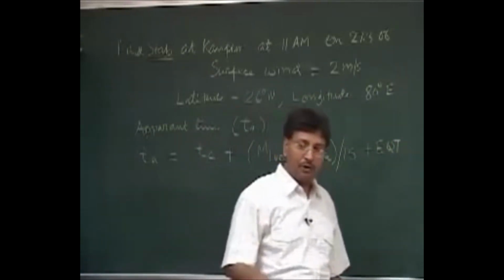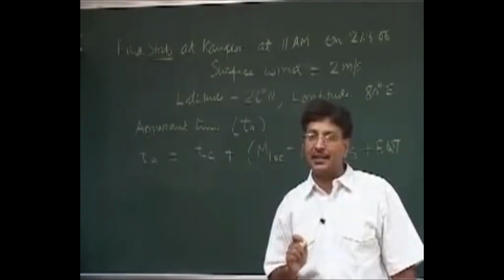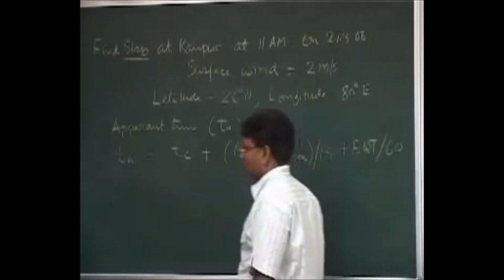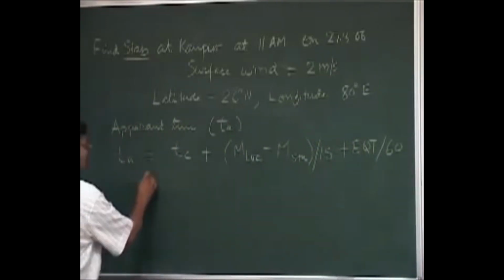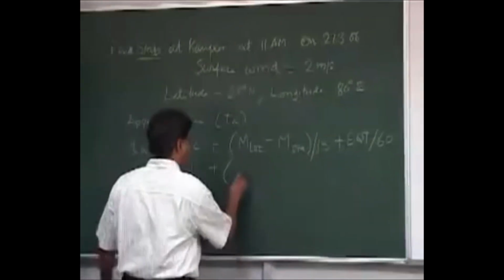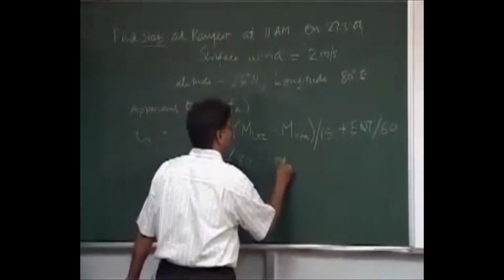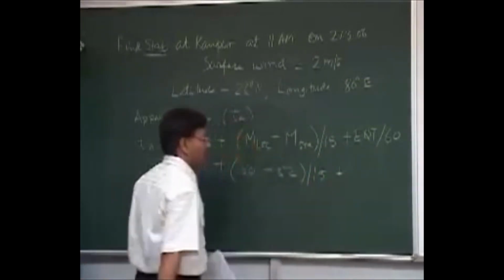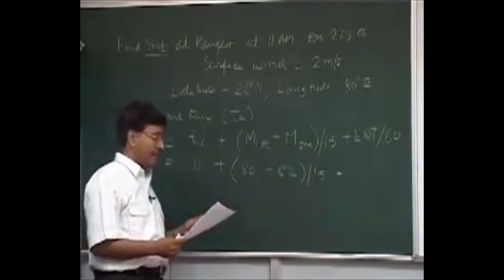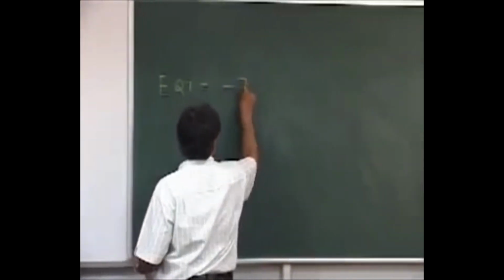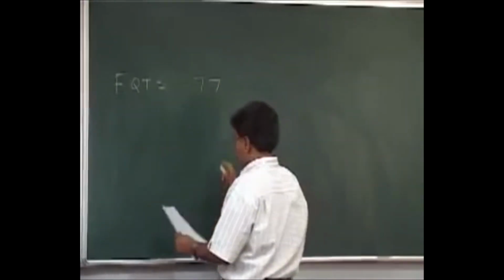If you recall, the equation of time was in minutes, so divide by 60. So I write here 11 plus 80 minus 82 by 15, plus I calculate the equation of time. The equation of time was minus 7.7 sine